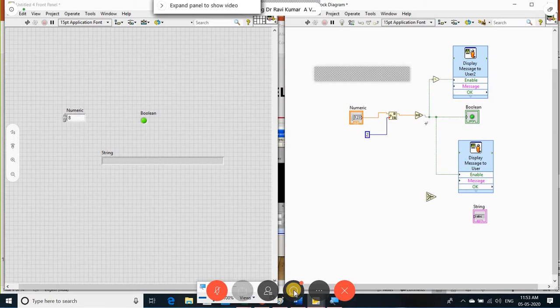See here, I have given the Boolean condition. With this function you can give anything, not only a Boolean; you can give any numerical condition or character condition. But here I have given the Boolean condition. If the condition is true, it takes this line. If it is false, it takes this line. So whenever it is true, what I want to transmit goes to this line.